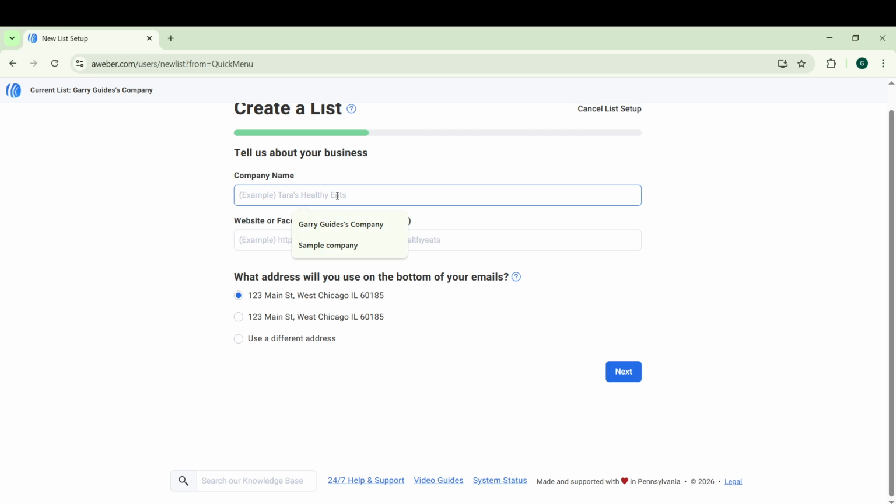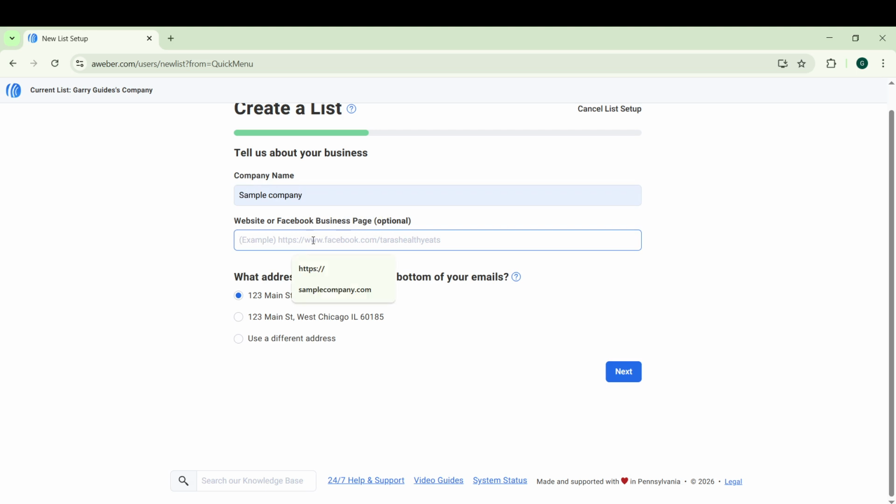Click the quick menu, then use the search bar and type in Create List. As you type, Aweber will begin showing matching options. From the results, select Create New List. This opens the list setup process, where you will enter the basic details Aweber needs in order to send emails